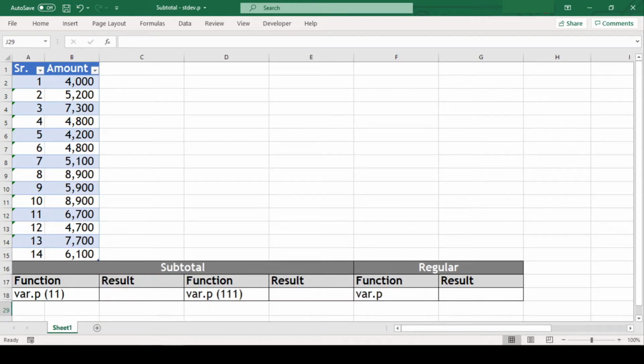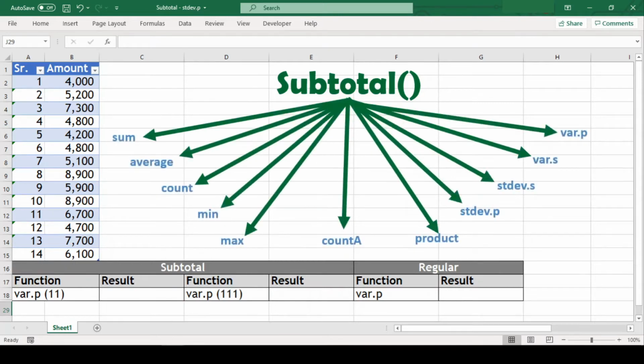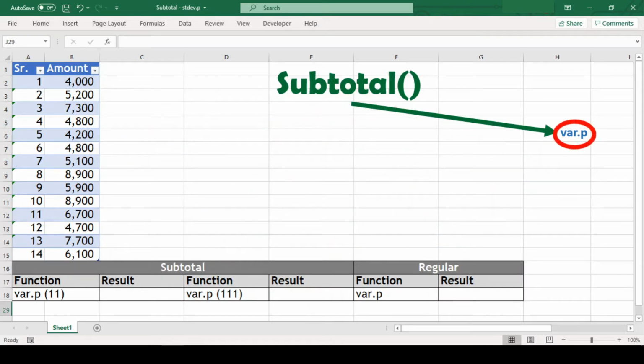In this video, we will learn about the subtotal function in Excel. You might think it to be somewhat like the sum of selected values, but the subtotal function is capable of much more. Apart from its ability to return a sum, it can also give us average, count, max and several other results. But today, we will specifically focus on variance of population and understand this function with a few examples in this video. So stay tuned.